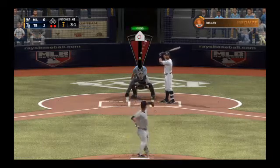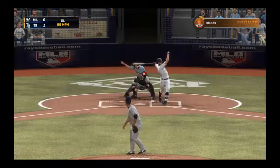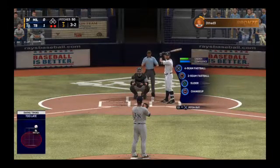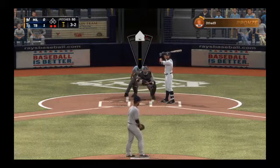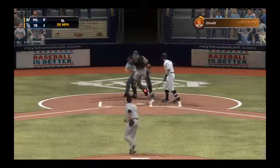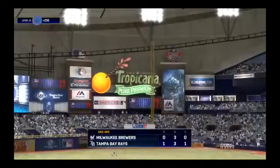Halfway to 100 pitches, here it is. Looked like ball 4 there, but instead it's 3-2 now. Into the windup, ready with the payoff pitch. And a slider called strike 3 as he couldn't pull the trigger, and the side is